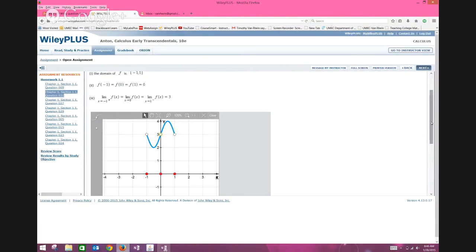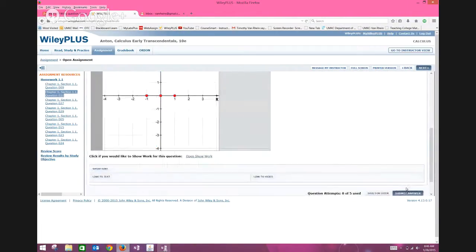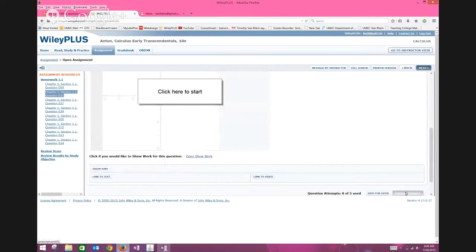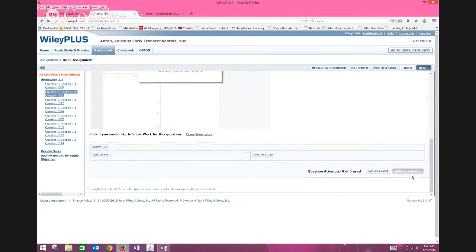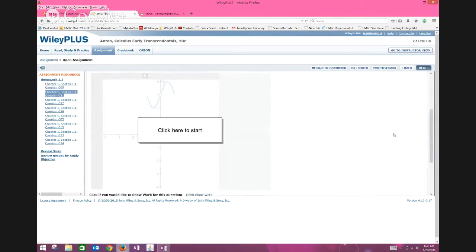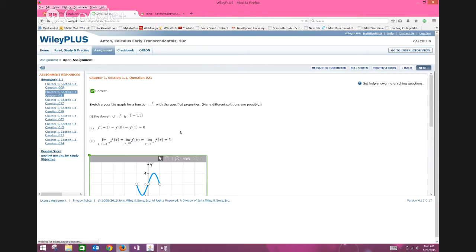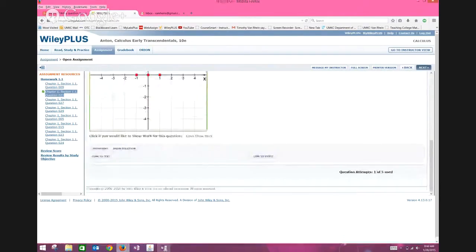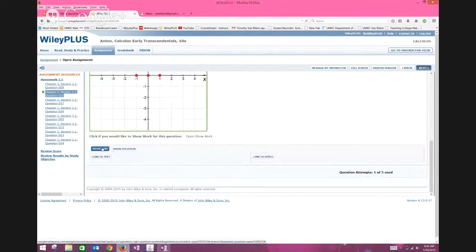So if you zoom out, and now if I submit the answer, it's going to tell me that it's correct. And then after you get a correct answer, or you get it wrong 3 times,